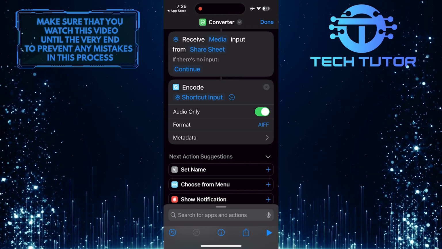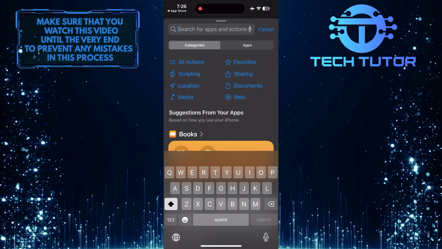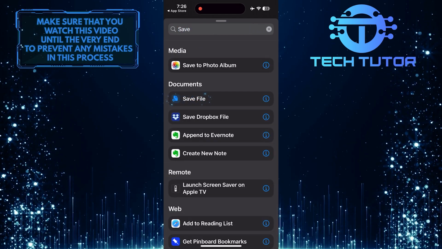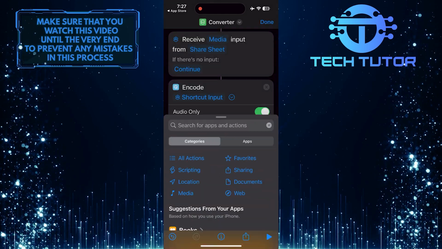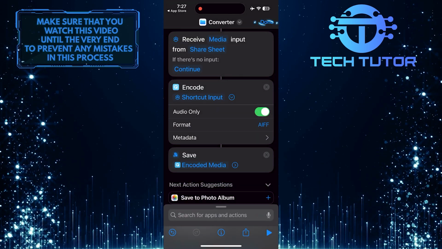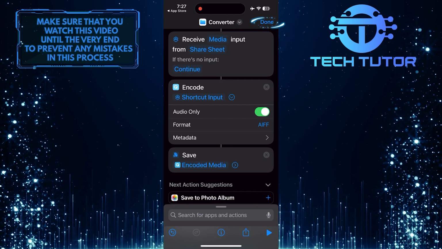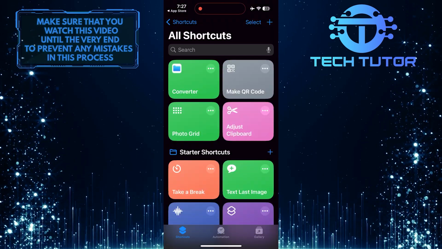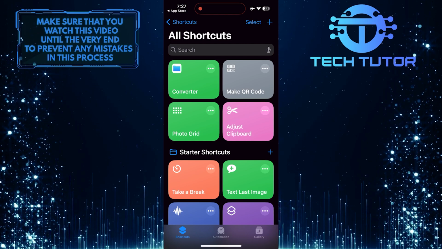To do that, tap on the search bar at the bottom and search for Save. Select the Save File option from the search results. Tap Done at the top right corner of the screen to finish the process. You've successfully created the shortcut, so let me show you how you can use it to extract audio from any